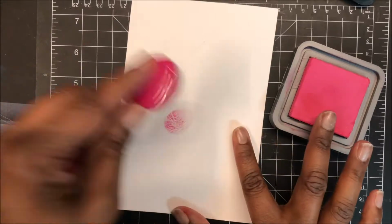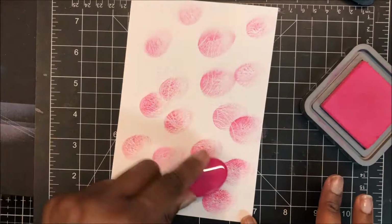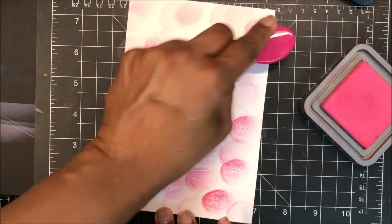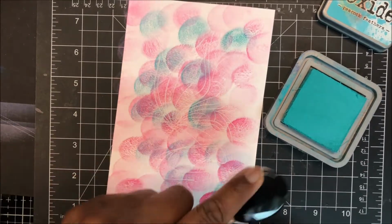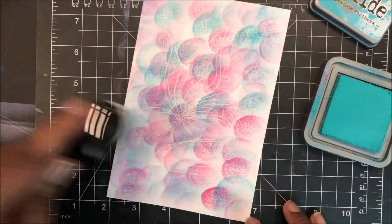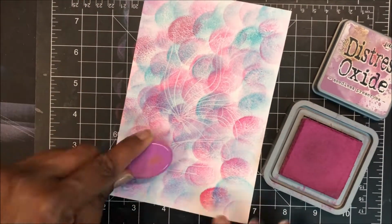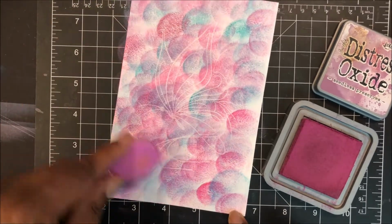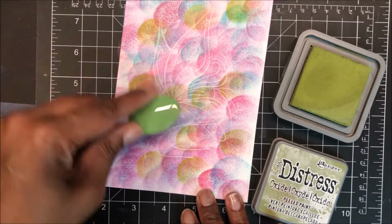So you can't see it yet, but I am using some picked raspberry distress oxide ink on this panel, just taking my brush and pouncing the ink on, and then bringing in some peacock feathers, doing the same. These two mix very well together to make a blue. I am loving this look. And now I'm bringing in some seedless preserves. And can you see the butterfly coming to life? It is awesome. So bringing in some peeled paint,